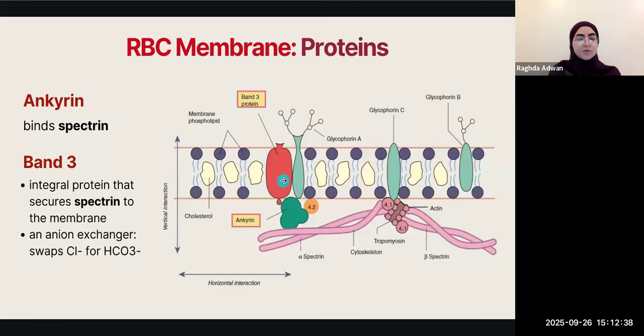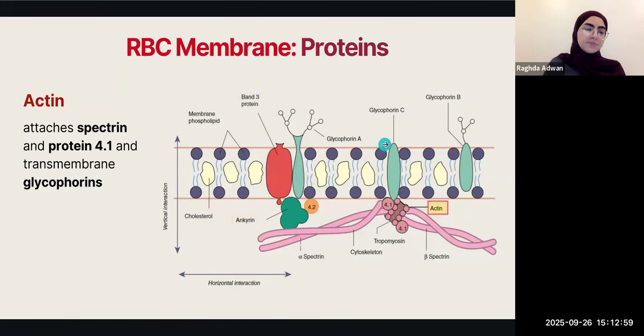And then ankyrin is also bound to band 3 protein. Band 3 protein is an integral protein and it secures spectrin. So you see how band 3 protein is holding hands with ankyrin, which is holding hands with spectrin. They're all anchored together, held together between the cytoskeleton and the membrane itself. This is what gives things structure, as well as acting like an anion exchanger, but I don't think this